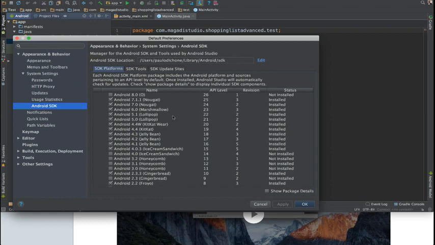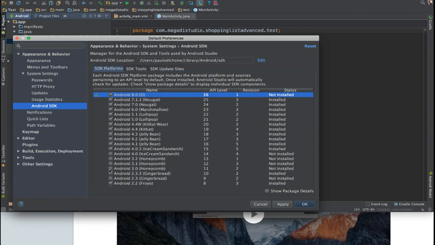And as you can see here, the moment you go to SDK platforms, you have this API level and status. So you notice some of them are installed, others aren't. In this case, I have the latest one installed up to 4.03, which is Ice Cream Sandwich. But I recommend you at least install anything from 3.0, so this one here, up to as well as Android O. So click that,